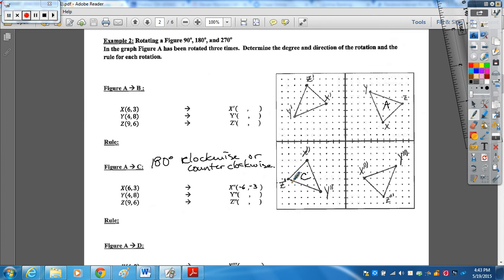Z prime is out here at -9, -1, 2, 3, 4, 5, 6. That was z, sorry, undo both those. I said -9,